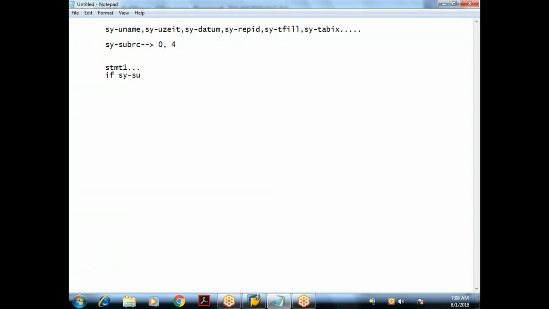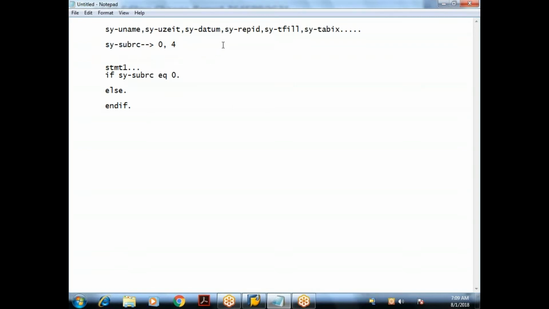So immediately after the statement, I need to check the sy-subrc value. Here I'll say, if sy-subrc is equal to 0, what is the meaning? My previous statement is successfully executed. Else, my previous statement execution failed, meaning sy-subrc will contain 4. Understood? This system field is not for a particular statement. We will be using this particular system field for most of the above statements from now onwards.